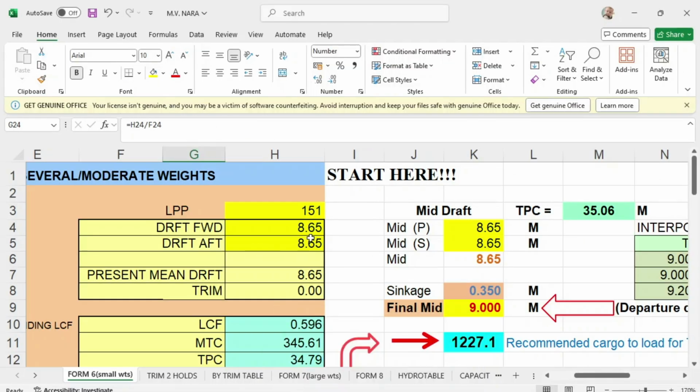So the chief officer and the surveyor agreed that the forward draft will be 8.65, and the aft draft will be 8.65.